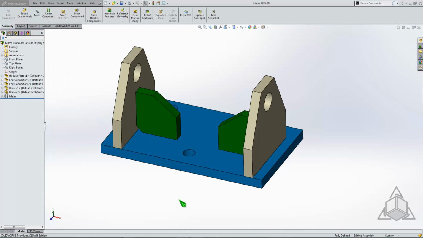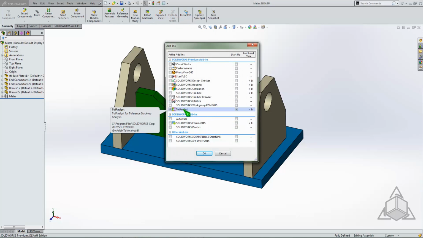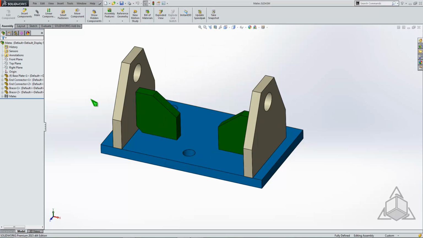Well, let's move on to the next topic of discussion, which is TolAnalyst. Kind of hard to say. It is an add-in, and it can be turned on here. The TolAnalyst is only available in the premium version of SolidWorks. It is not available as a standalone, so you will have to purchase premium if you want access to this